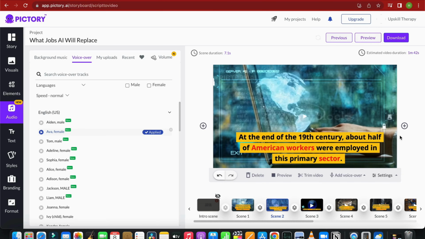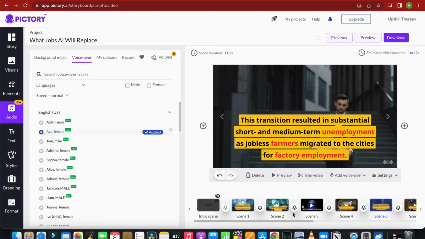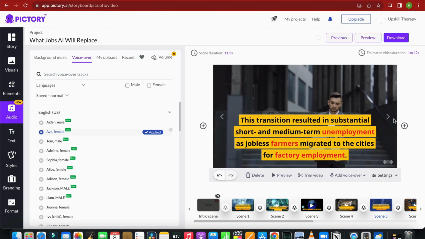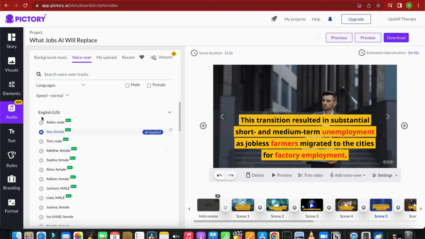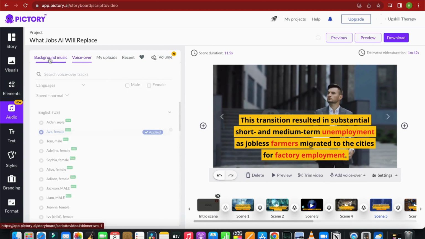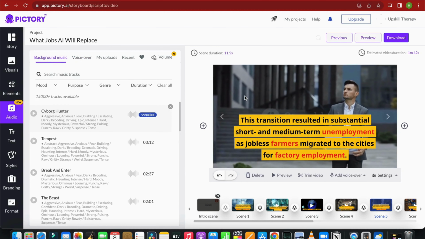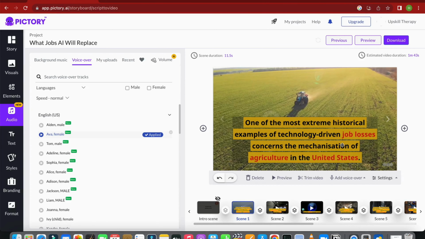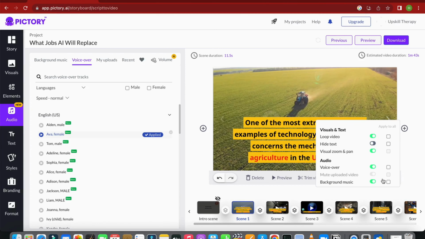As you can see, the AI has generated the voiceover as well along with the scenes. So as I told you, you can create the whole video out of this. It's very easy to do. You can select the voiceover, you can select the music of your choice as I stated previously, you can select the scenes of your choice as I stated previously, and there are some settings which we need to ensure that